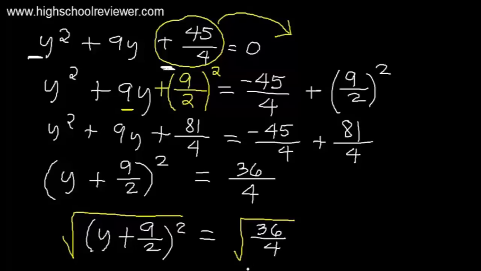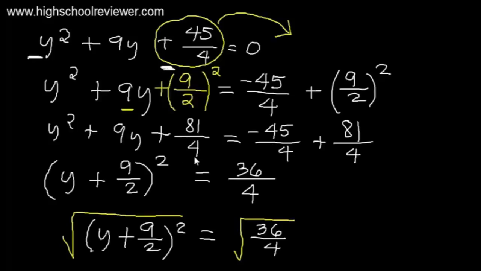So the square root of the quantity y plus 9 over 2 raised to the power of 2 will be equal to y plus 9 over 2, and this will be equal to the square root of 36 over 4. This will be plus minus